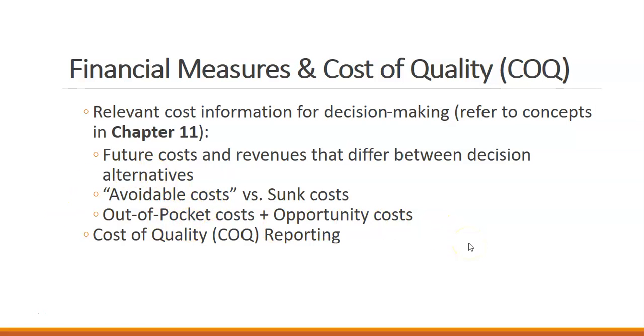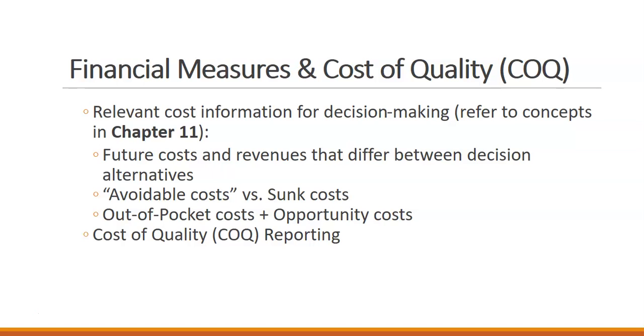Now we're going to talk about financial measures and costs of quality. So this goes back to chapter 11, where we talk about relevant cost information for decision making. So our future costs and revenues that differ between those decision alternatives. What are our avoidable costs versus sunk costs, the out-of-pocket costs, opportunity costs, and then that brings us to our